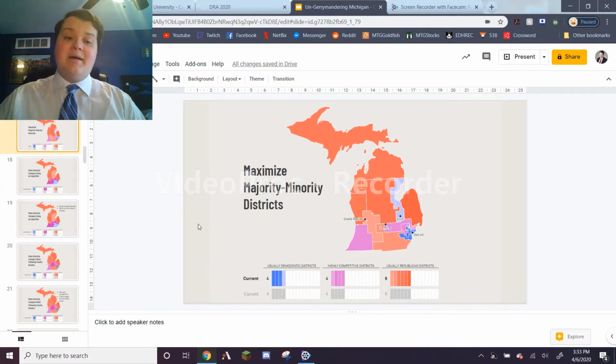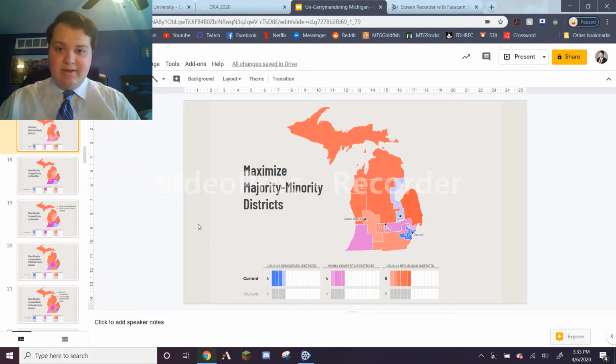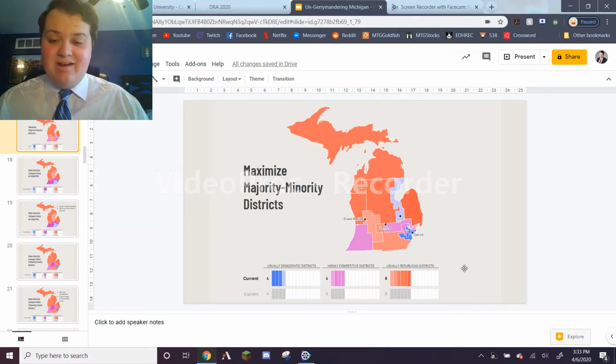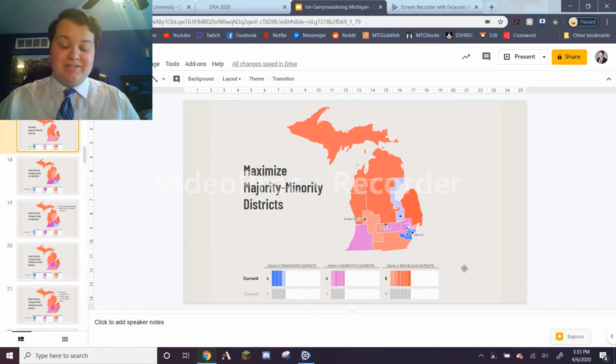You could also maximize the number of majority-minority districts. This is something that's really prevalent since the Voting Rights Act, in terms of making sure that communities of color have their own representatives. This map might look very familiar to you. That's because it's the exact same map that we have right now. We have two majority-minority districts, the 13th and 14th, and realistically, with the population of voters of color that we have in Michigan, it would be hard to create more than two. So they just said that that would be the best way to have the most. It's just two.